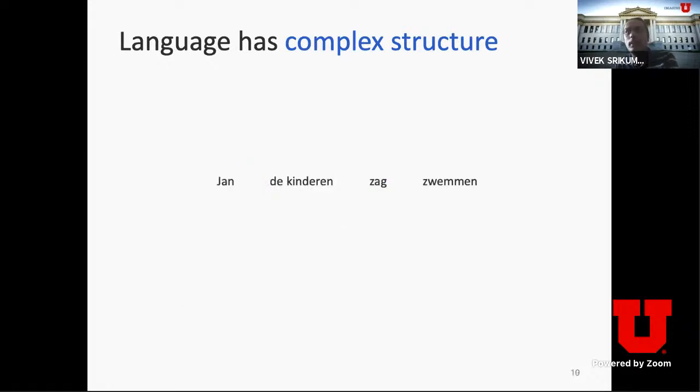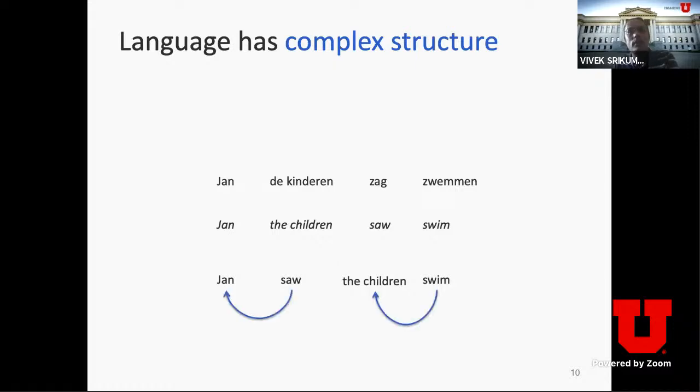Let's go to Dutch. In Dutch, the same sentence is Jan, de kinderen zag zwemmen. Jan, the children saw swim. I'm just translating word by word. It's the same sentence: Jan saw the children swim. But in English, the verb and the doer of the verb are right next to each other. The children are doing the swimming, Jan's doing the seeing. In Dutch, you have to essentially push these words into a list and then start going back through this list again. Who's doing the seeing? It's Jan, the first noun. Who's doing the swimming? It's the children. You might say, yeah, this is easy. I can remember two things.